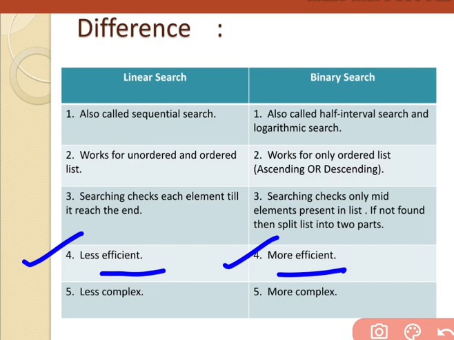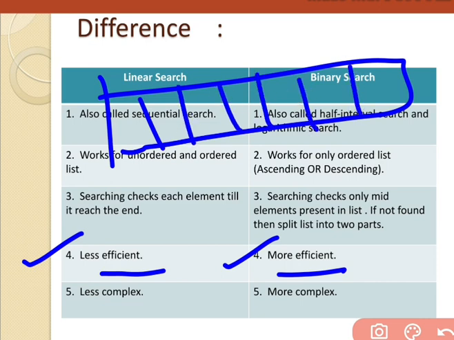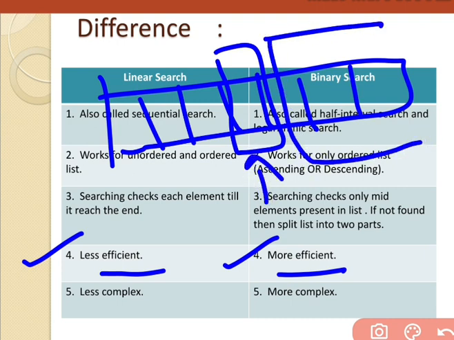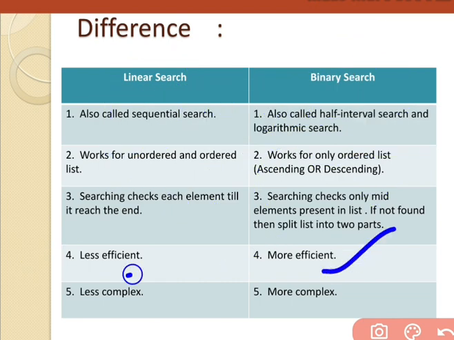Binary search always provides us the element in less number of times, because it checks only the mid element. For example, if it does not match with the mid element, then binary search is going to check either this one or this one. If binary search goes towards the second list, the comparison is for 1, 2 or 3 elements only. The 3 elements in the first list we are not checking. It means comparison is less, takes less time, it is efficient.